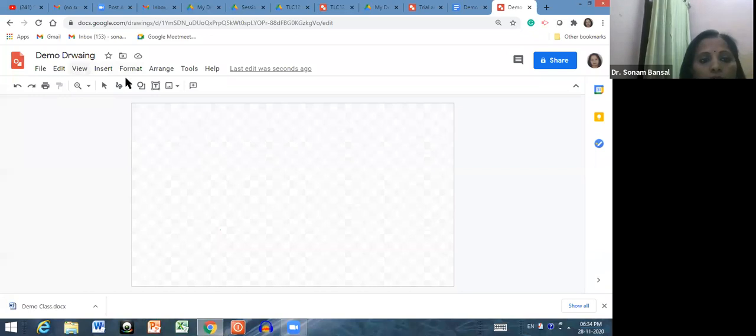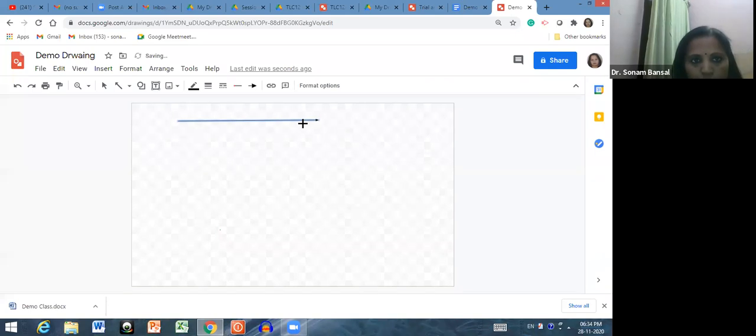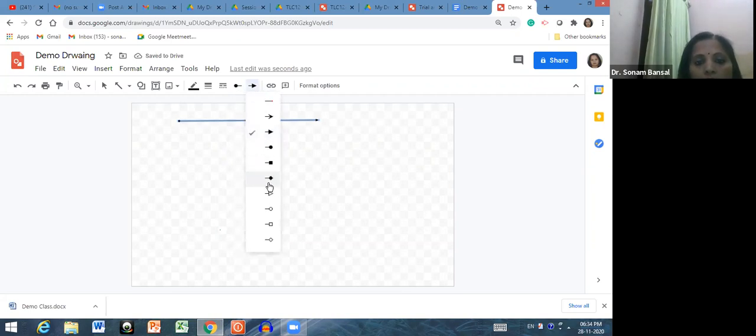So let me again add something over here as an arrow. This is the arrow. Now, if you want to change the line start and ending, let me start my line like this, and let me end my line like this.